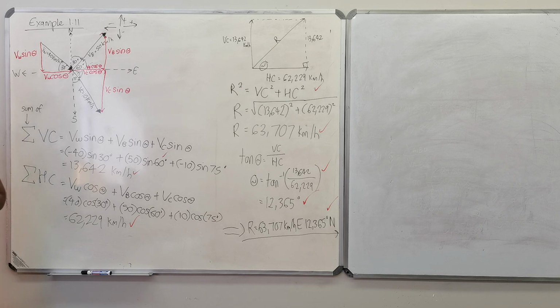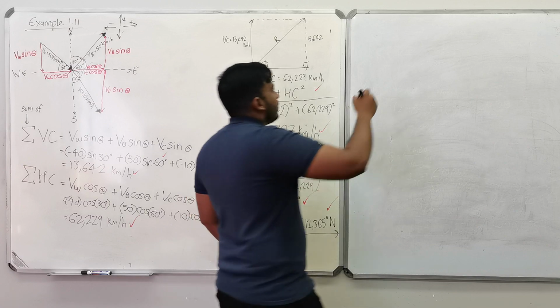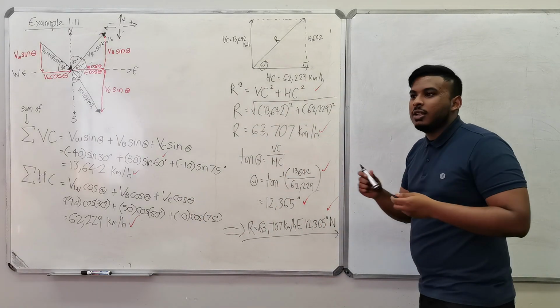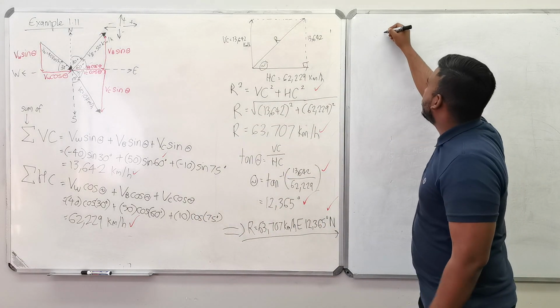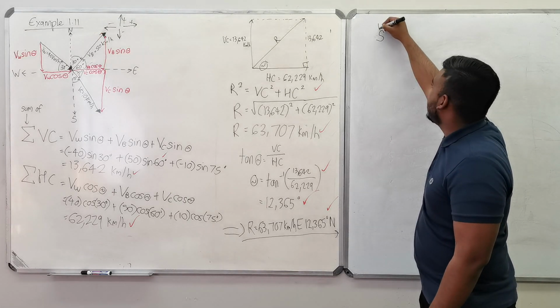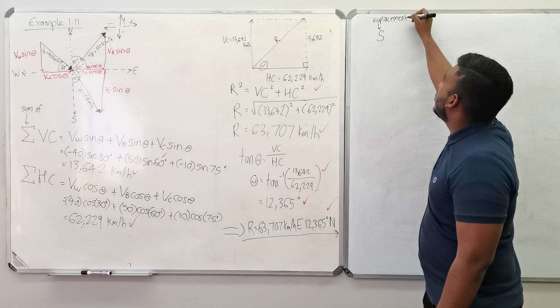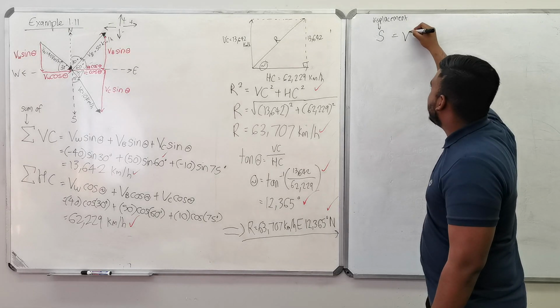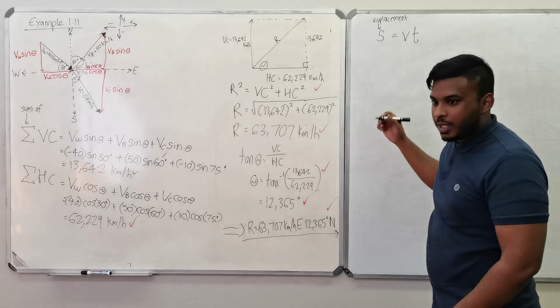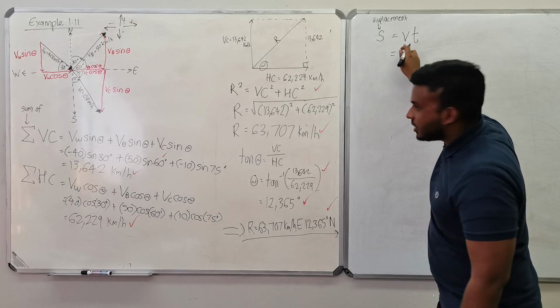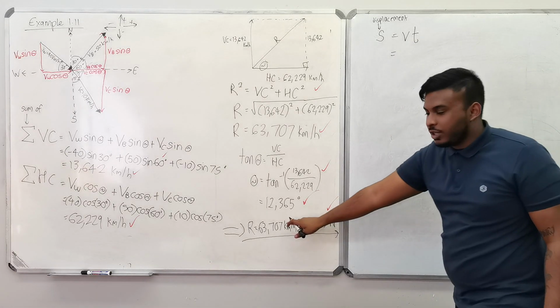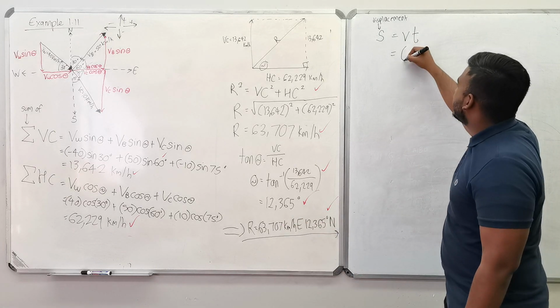And then the other one, they asked you to calculate the actual displacement of the boat in 2 hours. Now, what does that mean? It's the distance that it would travel. So you'd say displacement is equal to velocity times time. What is this velocity? It's this value that we worked out here, which is